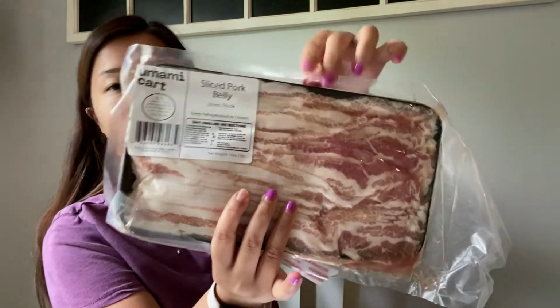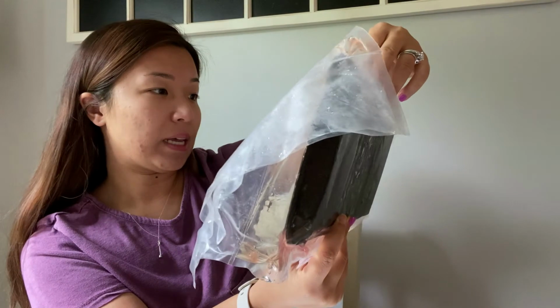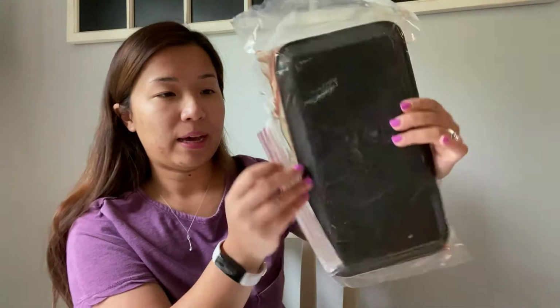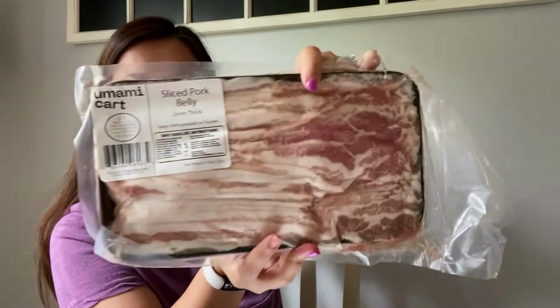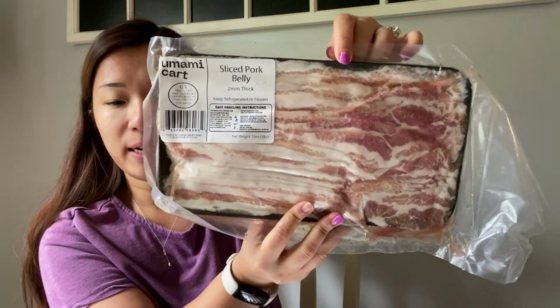Alrighty, so this is very interesting. I got sliced pork belly from them. I wanted to try out their meat as well, the protein. This is 1 pound worth. The packaging is pretty interesting, not what I was expecting for pork belly. Actually, I don't know. This is thin sliced. So I got 1 pack of those,